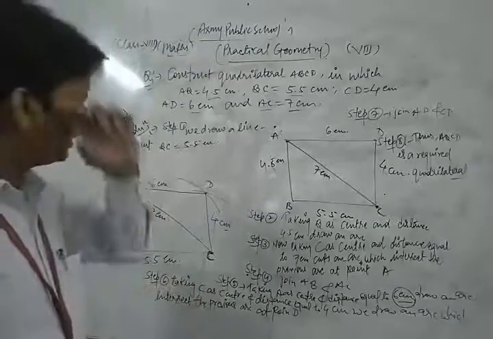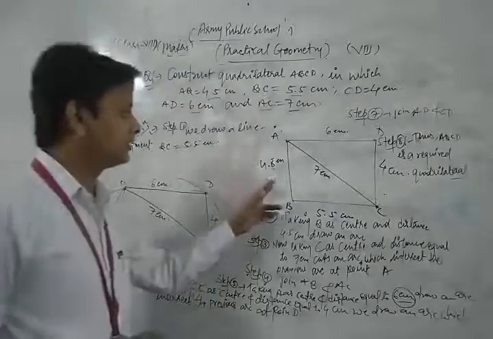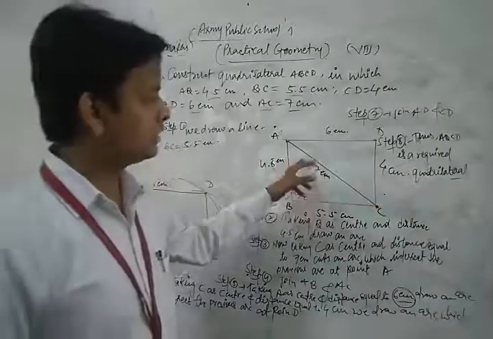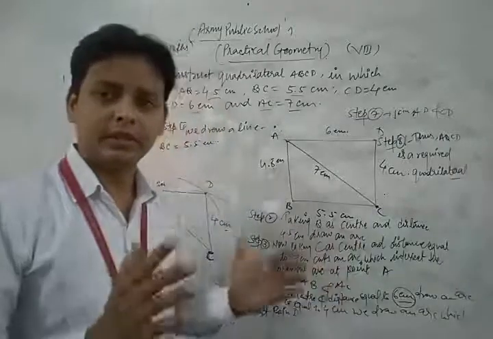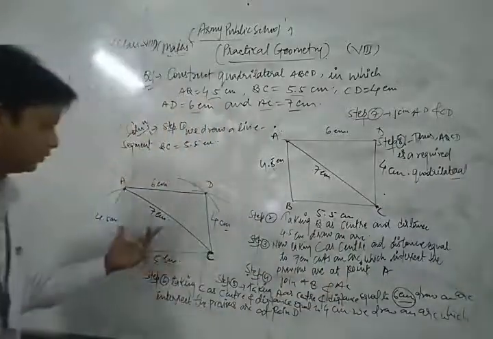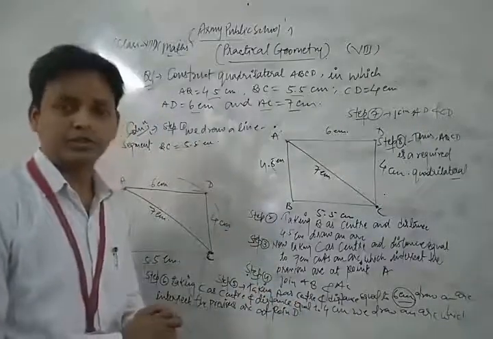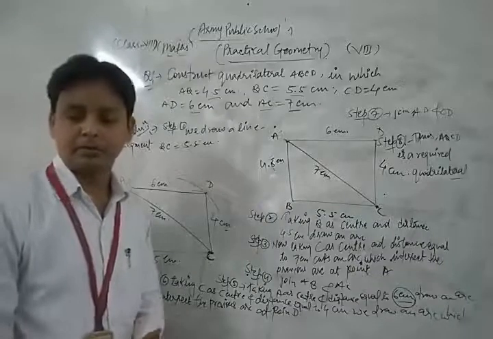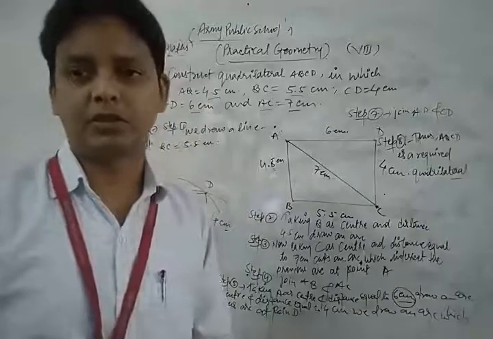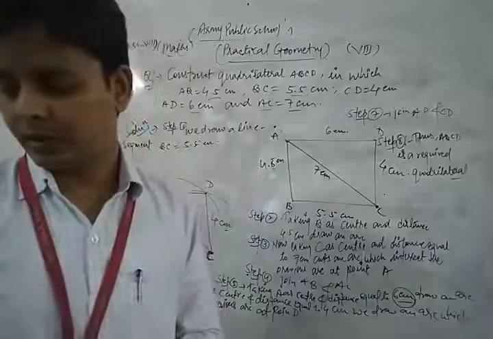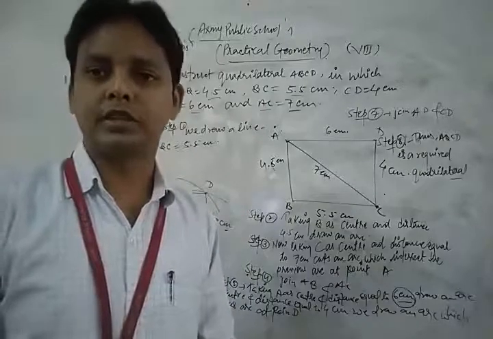Let's see once more. Here we construct a quadrilateral ABCD in which AB is given, BC is given, AC is given, AD is given, and as well as CD is given. Now we construct it in a very systematic manner. So using these steps of construction we construct that quadrilateral, which is very important for you and your upcoming examinations. So please, students, do more and more practice of that type of construction in your NCERT exercise. Now we take and discuss some other important question of your NCERT exercise.